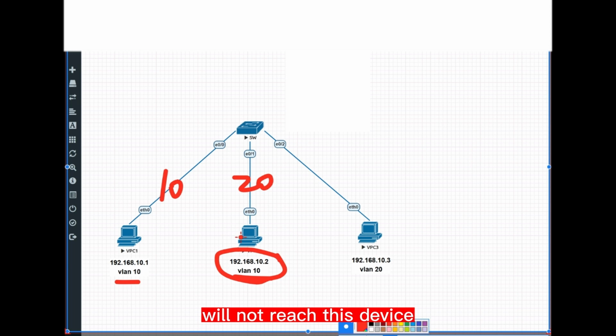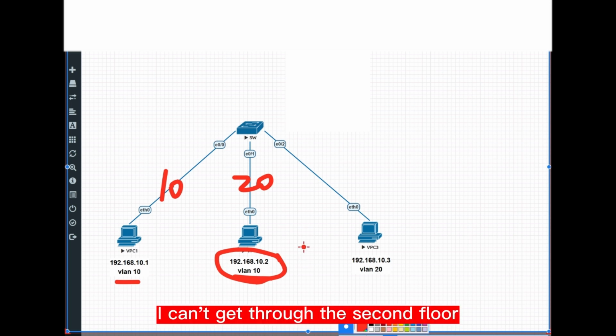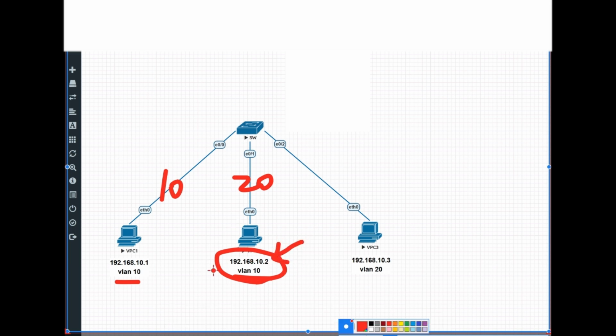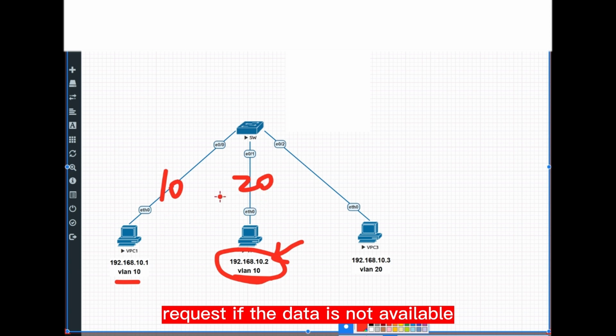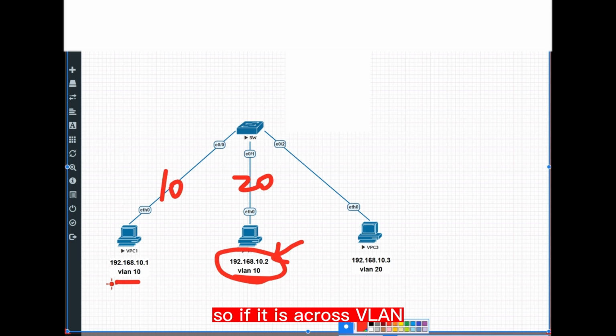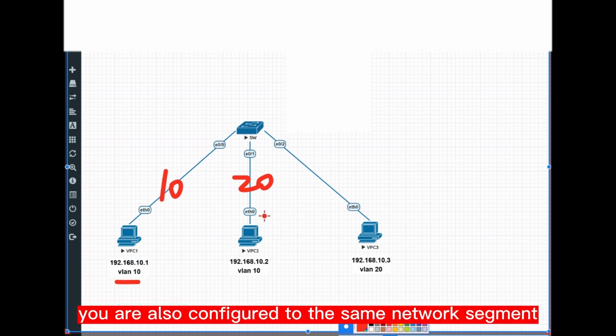Will not reach this device. That is to say, it is unable to communicate. I can't get through layer 2. When you are encapsulating data, you let this PC directly access, request its MAC, and then you can't go, because the data cannot come through. Request if the data is not available. Unable to encapsulate the MAC. So even if it is across VLANs, and you configure the same network segment,